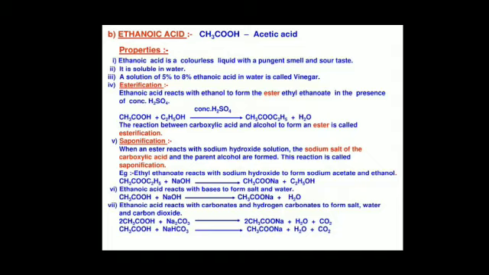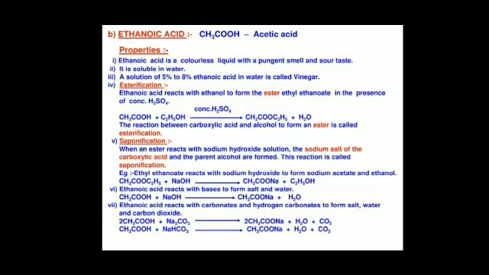Last one, reaction with a base. Like mineral acids, ethanoic acid reacts with a base such as sodium hydroxide to give a salt, like sodium ethanoate, and sodium ethoxide are sodium salts. And in this reaction, there is formation of a water molecule. So the reaction is when ethanoic acid, that is CH3COOH, reacts with sodium hydroxide, it gives rise to the formation of sodium acetate, that is CH3COO⁻Na⁺, plus H2O.